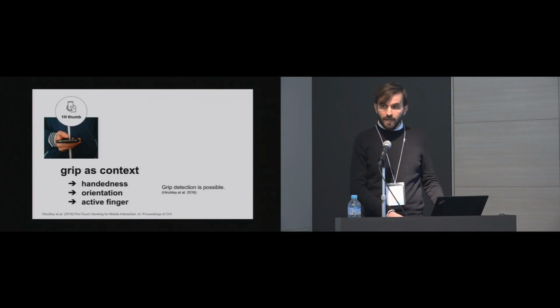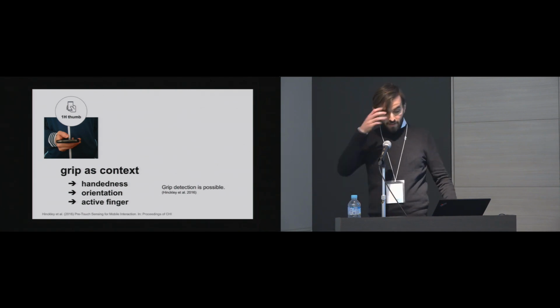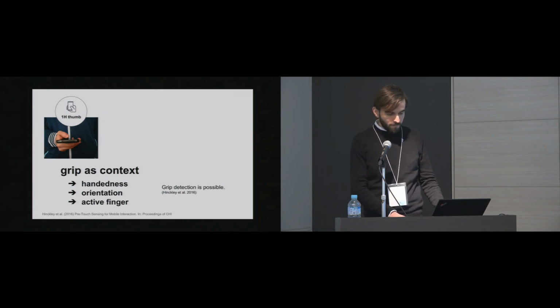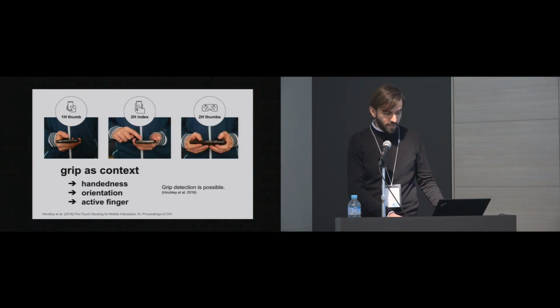Here we think smartphone interaction is influenced a lot by how you hold it. For example, we can distinguish between specific grips. You can hold the smartphone in portrait orientation with one hand and tap with the thumb. We call this the one-handed thumb grip. You can also hold the phone with one hand and operate it with the index finger of the other hand, which we call the two-handed index grip. Or you can hold the phone with two hands in landscape orientation and tap with both thumbs. This is the two-handed thumbs grip.